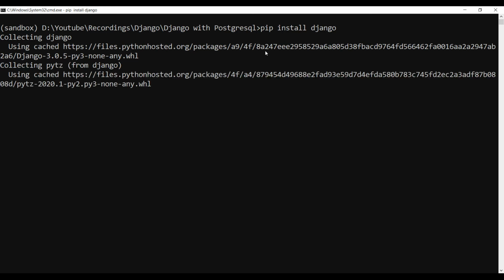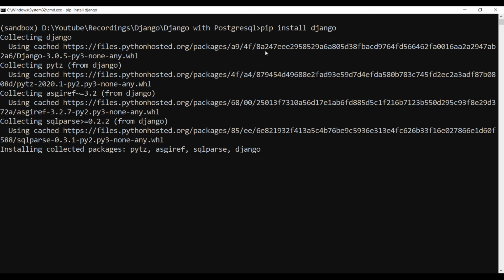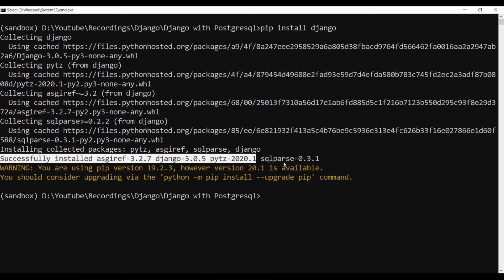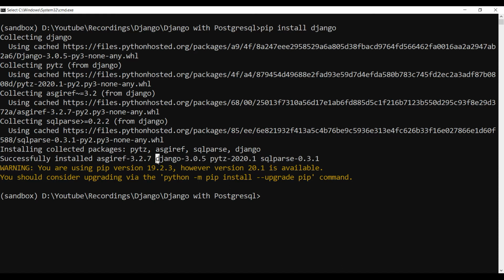So now I'll use the pip install Django command to install Django. It will take some time. Okay, so now I get this message saying that it successfully installed Django and a few of its dependencies.